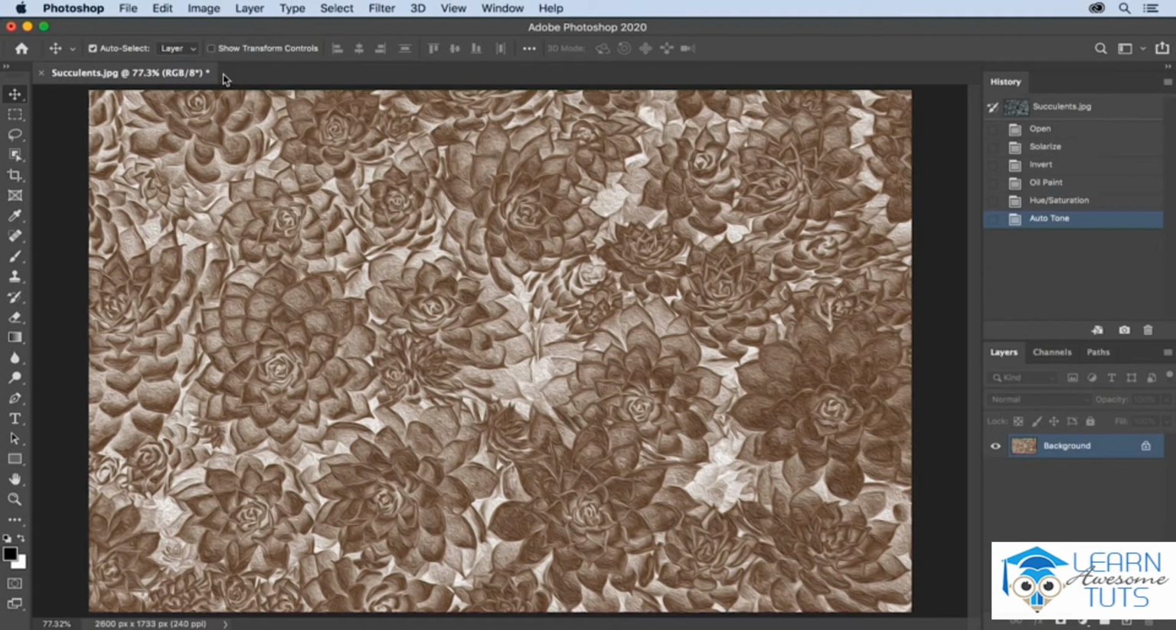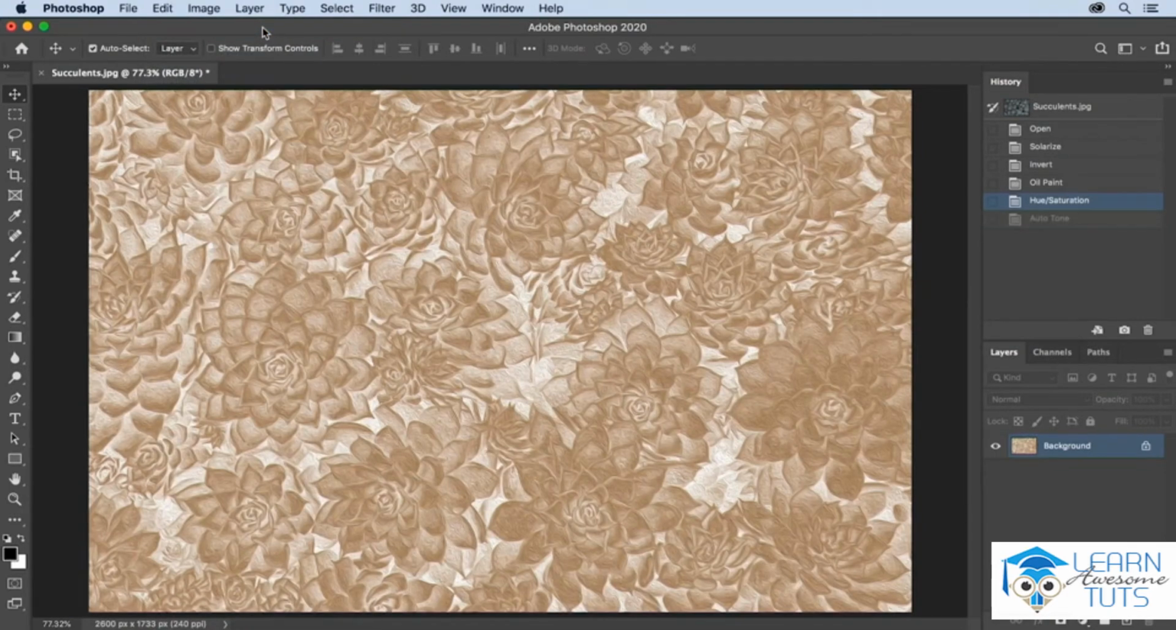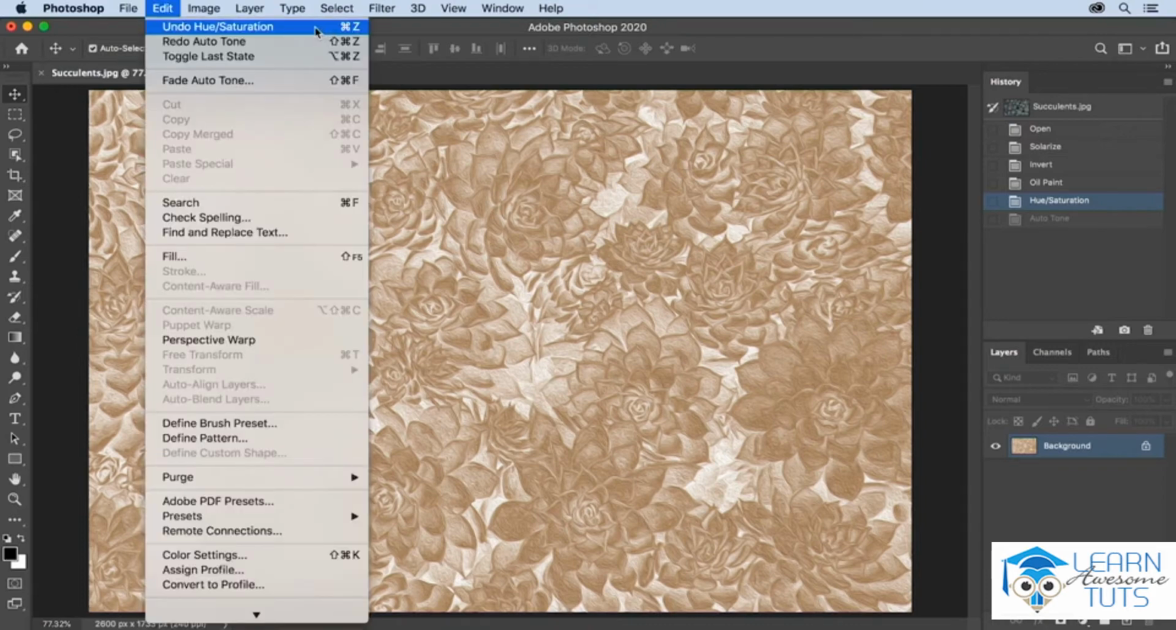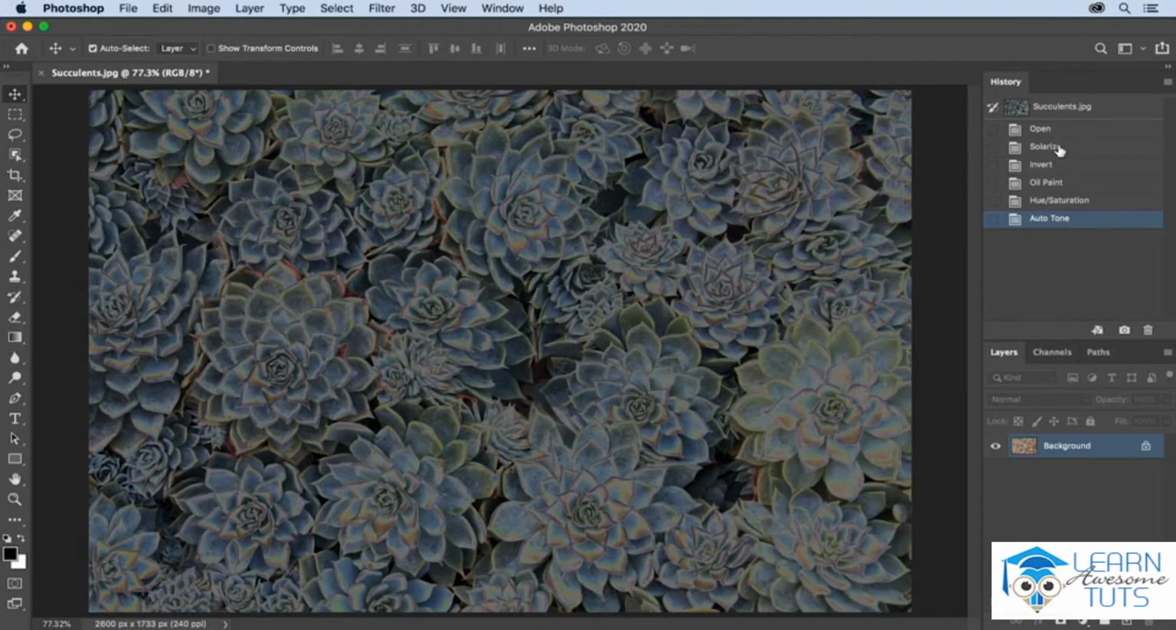All right, now that we've built up some history, we can go back multiple steps by choosing the Edit menu and undoing the last thing we did, in this case auto tone. Then if I choose Edit again, we can see that I can undo the next state back. So I can continuously step back in time using the keyboard shortcut Command-Z. I can then move forward using Command-Shift-Z. But it might just be easier to click directly on the state that you want to go back to using